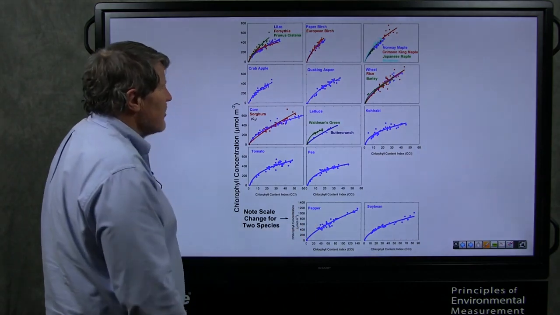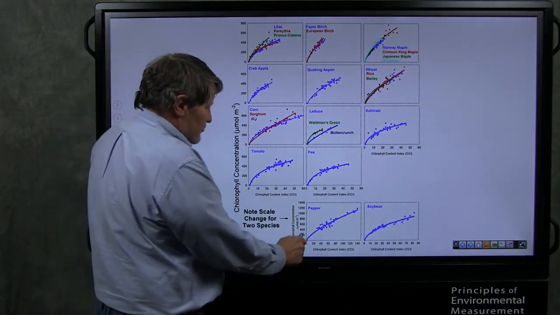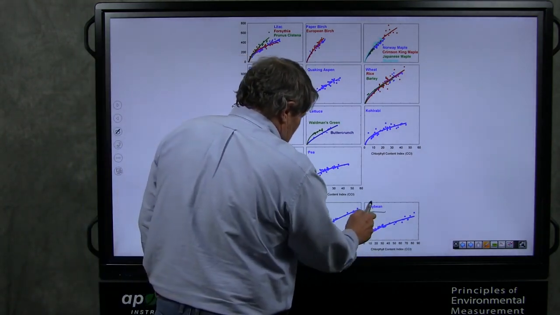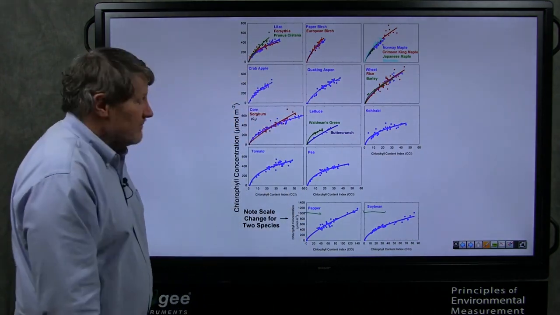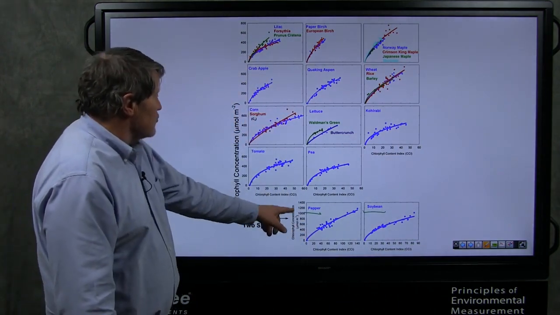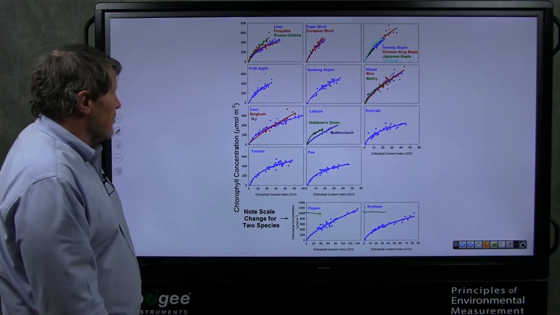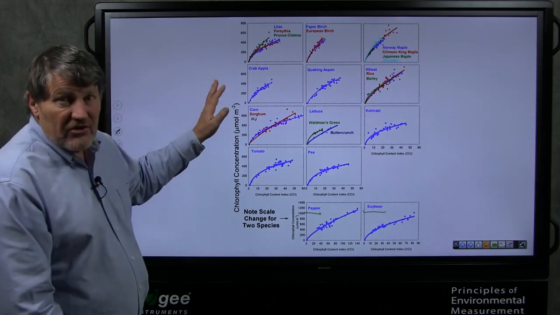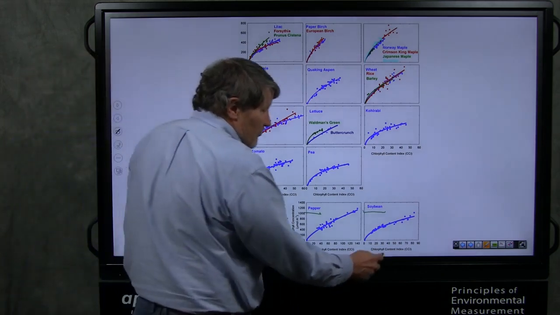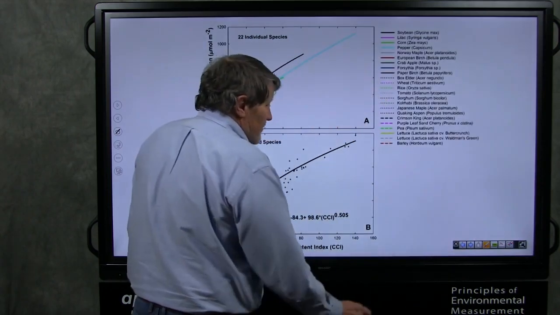Some of them are just graphed on the same curve. Pepper and soybean have a remarkably high amount of chlorophyll in the leaves. Scale change was double these other curves. So this is a graphical representation of the curves for all of these. And this